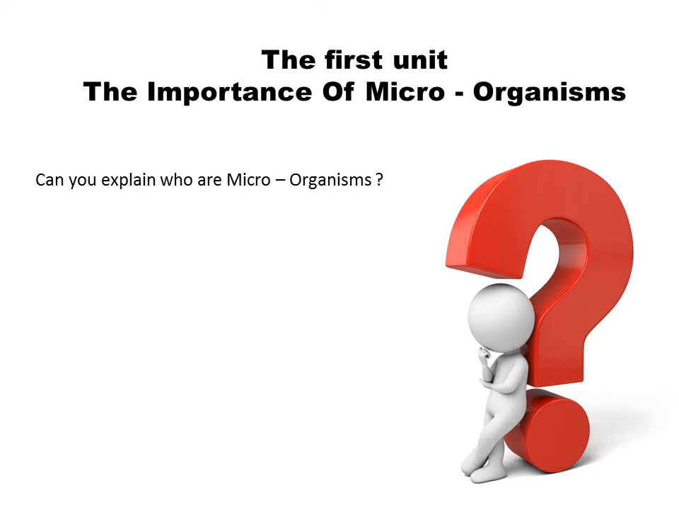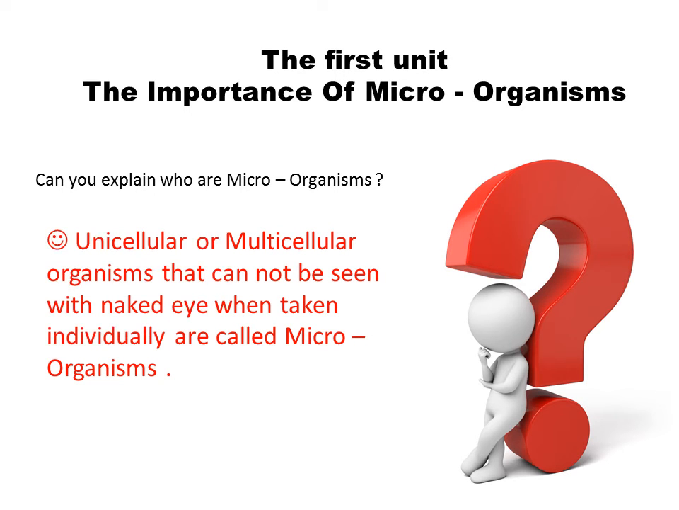The first unit is the importance of microorganisms. Can you explain who microorganisms are? In grade 6, you learned that microorganisms are organisms that cannot be observed with our naked eye. In grade 8, you learn that unicellular and multicellular organisms that cannot be seen with the naked eye when taken